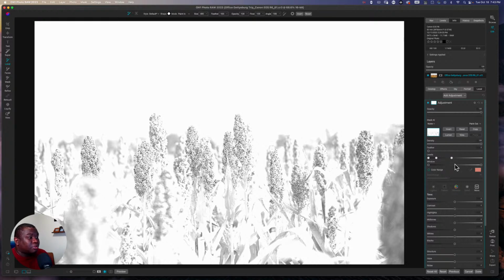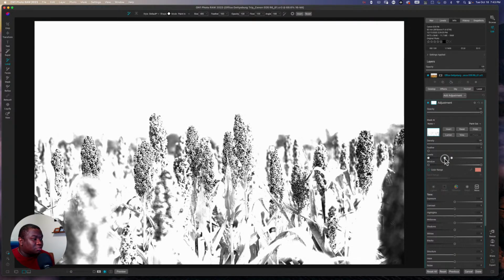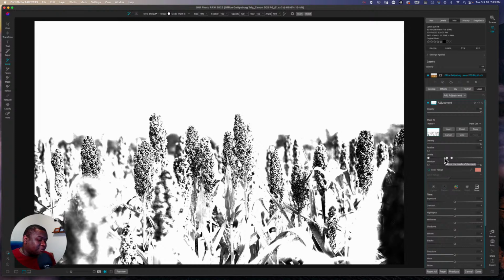And the reason for that is I am making the transition between here to here. Like this is pure white, okay? Or the brightest pixel. I am now saying the brightest value in my luminosity mask is here. The darkest value is here. If I were to pull this to the right, you can see I'm starting to introduce darker values,